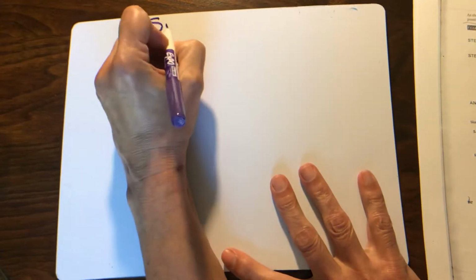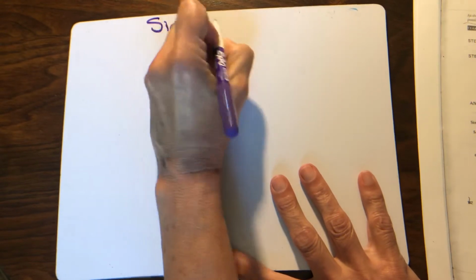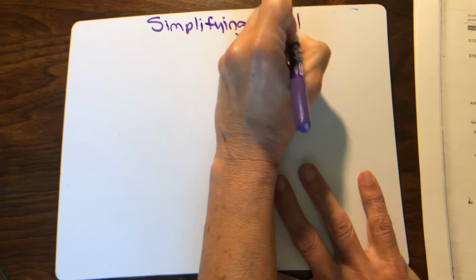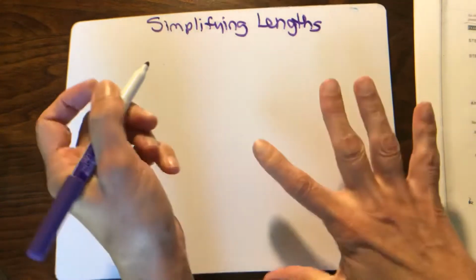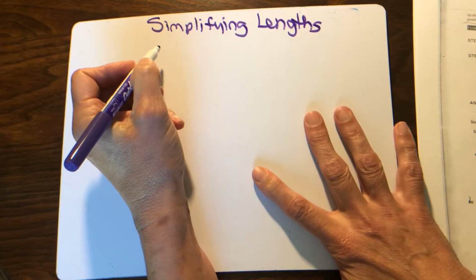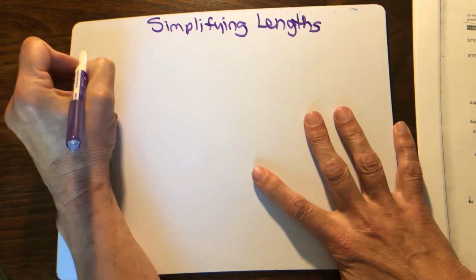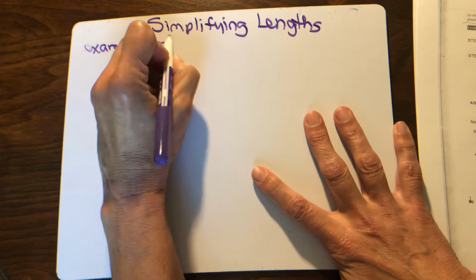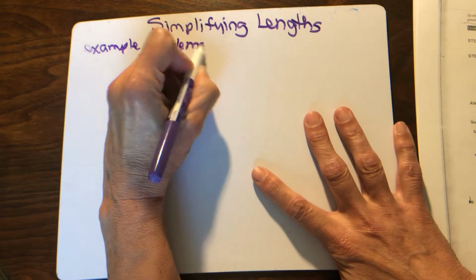Okay, so simplifying lengths. Simplifying lengths. This is still under our conversion video, but these are going to be example problems, and you need to get your packet out. We are still working on the packet